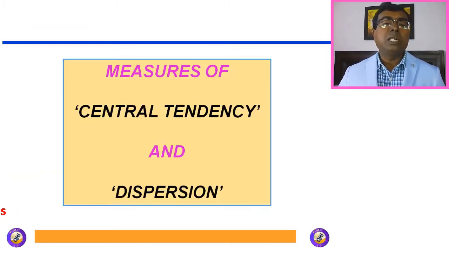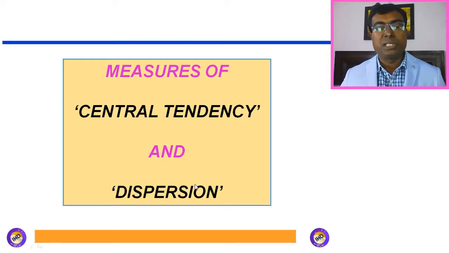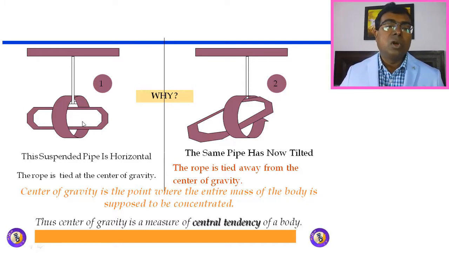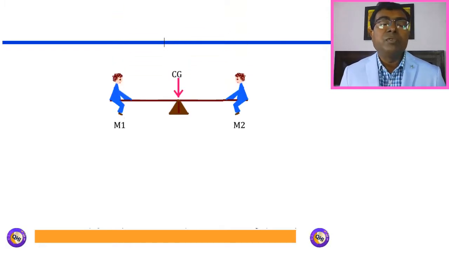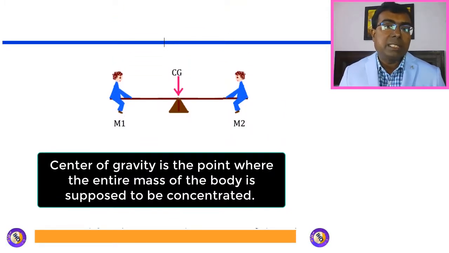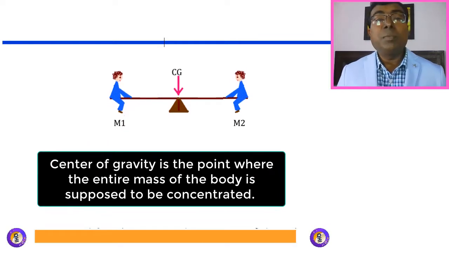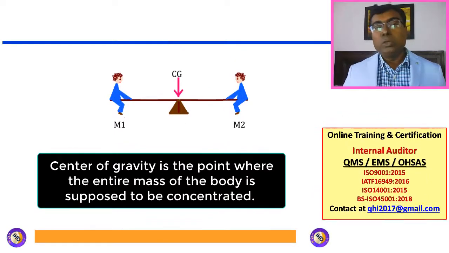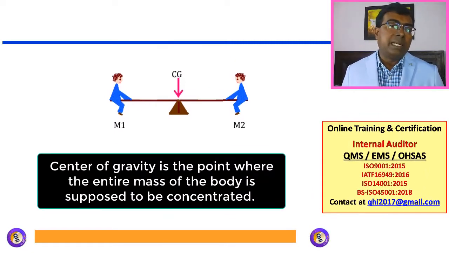Now friends, let's understand the concept of central tendency and dispersion. To understand the concept of central tendency, let's see these two figures. Here you can see that this bar is suspended horizontally. Now here the bar is tilted. The reason is that the rope over here is tied at the center of gravity, and here it is tied away from the center of gravity. And friends, as we know, center of gravity, known as CG in short in physics, and we have studied in school that center of gravity is the point where the entire mass of the body is supposed to be concentrated. So in the same way, friends,